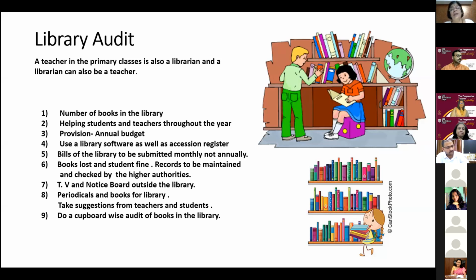Now, when I'm saying this, I am telling it out of my personal experience. Sometimes they used to collect the bills and just give them to us. And I'm very particular. Every rupee my school spends, I used to be very cautious about whether the paper has been delivered, whether the magazine has been delivered. If it is accumulated and given, you will also find it very difficult to check. So my humble request: are your bills being cleared on a monthly basis?